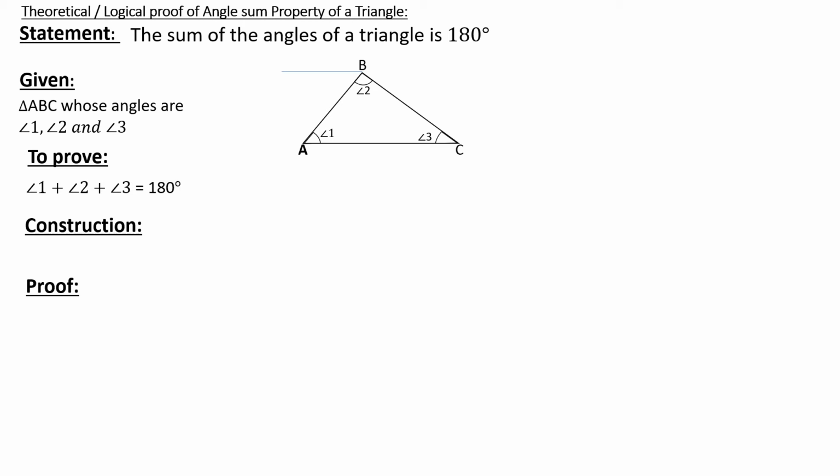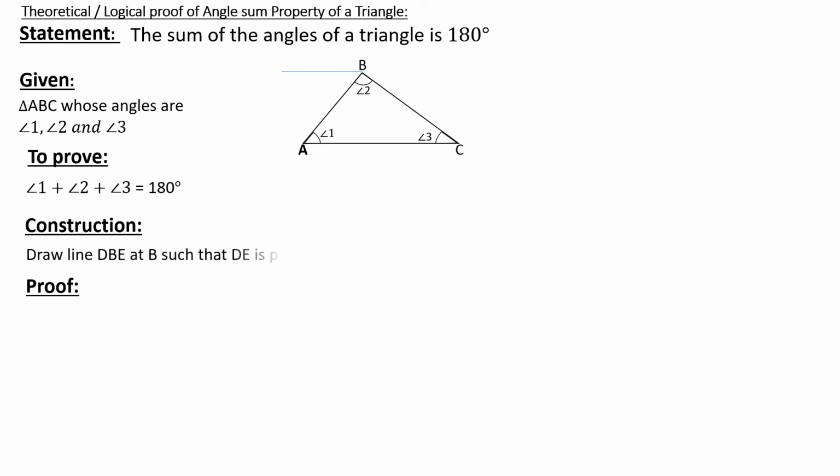Okay, so for that purpose, we will have to construct. Here there are no parallel lines, no transversal, only three sides of a triangle. One line we will consider as the base of the triangle, which is AC. AC is a line segment here. When I say AC is a line, it means that you can produce it to the left side and to the right side. Along AC and along CA, you can proceed so that you get a line AC. Okay. The other thing is I am just constructing a line passing through the vertex B and parallel to the line AC.